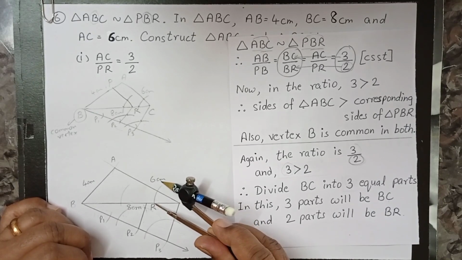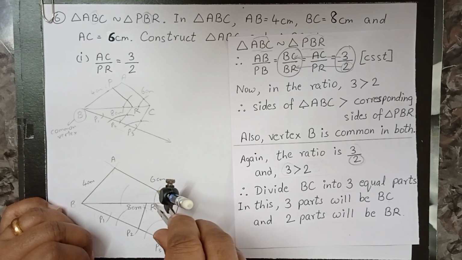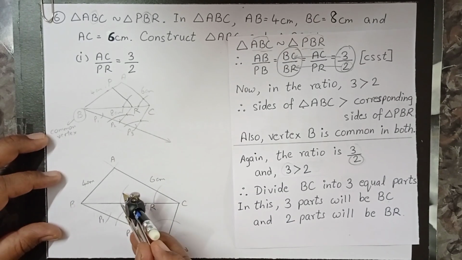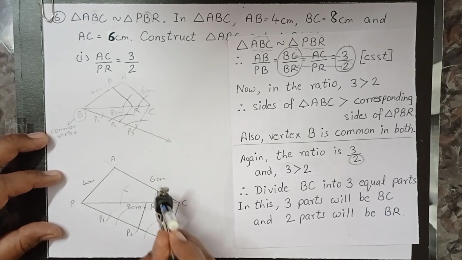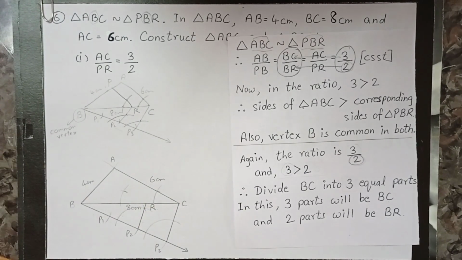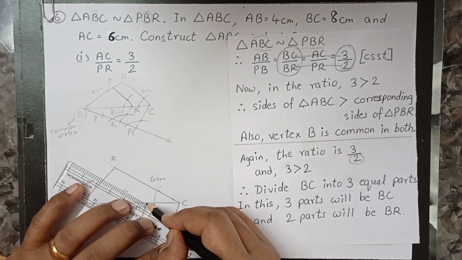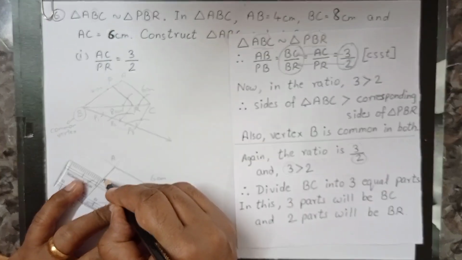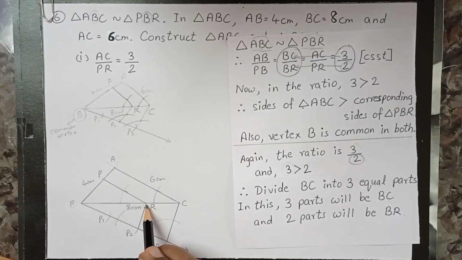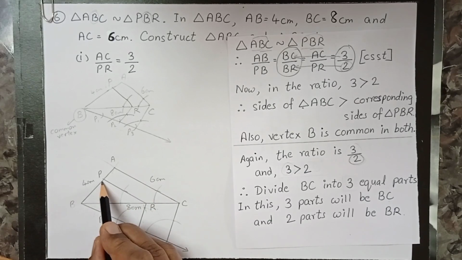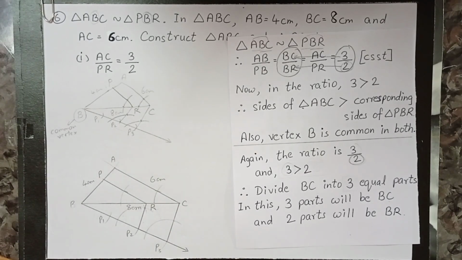Next, how much is this angle opening? Check that. Take that on the compass. It's opening this much. So, taking that measurement, you have to make a cut on this arc. So, this is how much both the angles are opening. Right? And then you simply join. AC is joined. Similarly, you have to join R to this point of intersection and you get point P. So this is PBR, which is a smaller triangle as compared to ABC, that is the bigger triangle. And these are similar triangles.